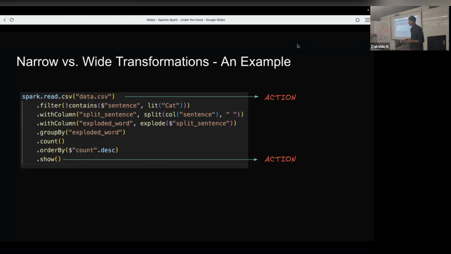Transformation, narrow, right? Okay. All three of these are narrow transformations. So the first one filters lines, which means it's a single operation because I read a record. At that point, I know yes or no, whether I want it there or not. I don't need to care about the data in the other records. That's why the filter is a narrow transformation. The withColumn,